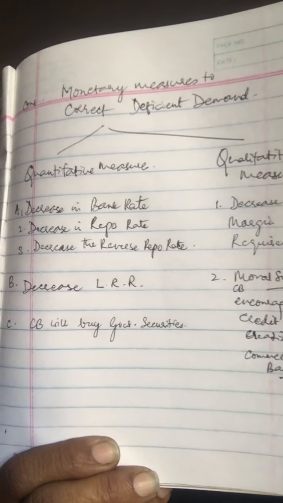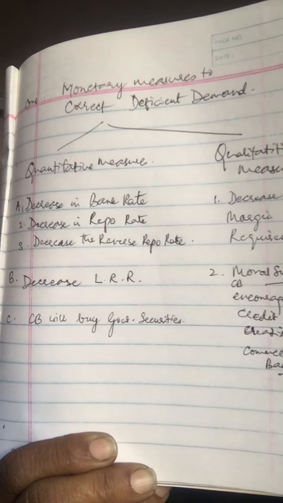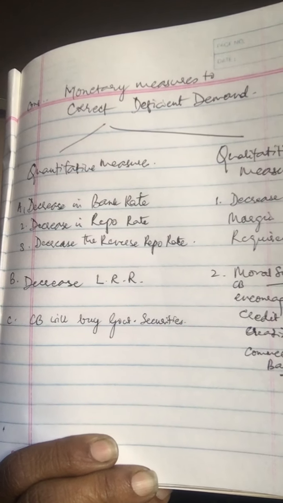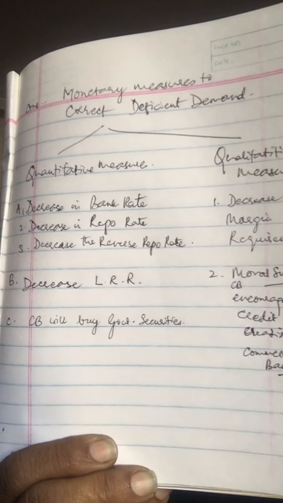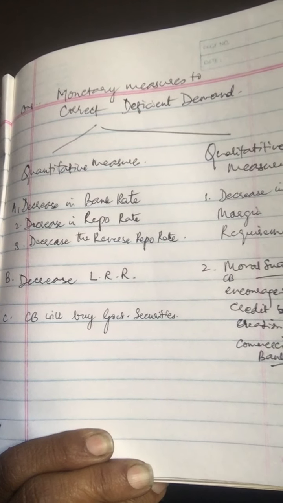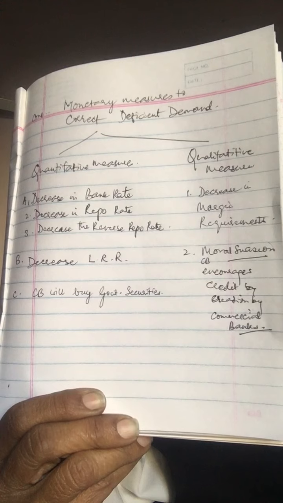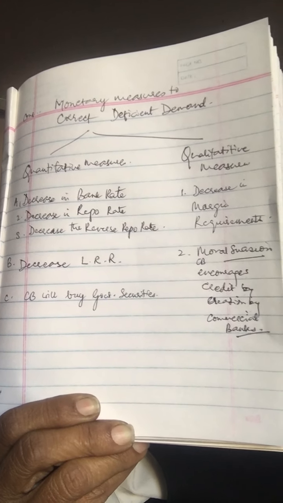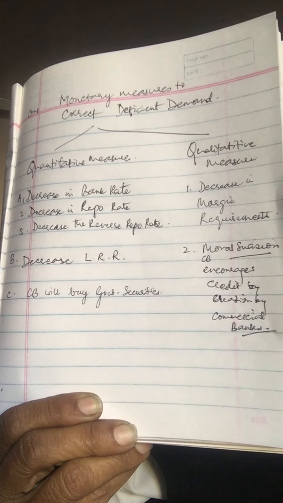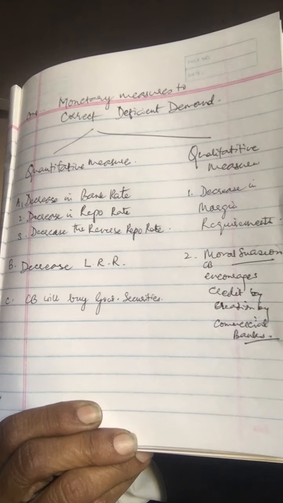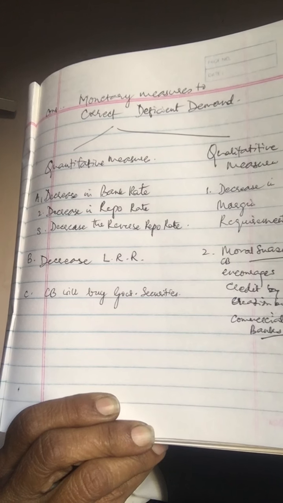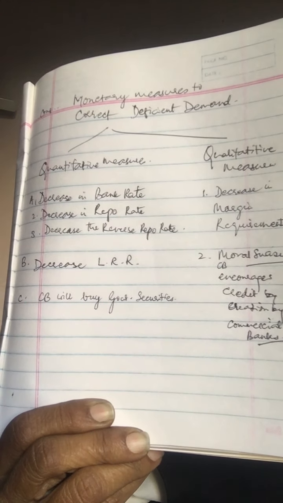So what are the monetary measures? It is basically the policy of the central bank of a country which controls credit or the money supply in the economy. These are the measures which are really undertaken by the central bank, and they are classified into two groups, as I've shown there. Quantitative methods, which means it is one for everyone across the board. In this again, they're talking about bank rate. Start with the bank rate.